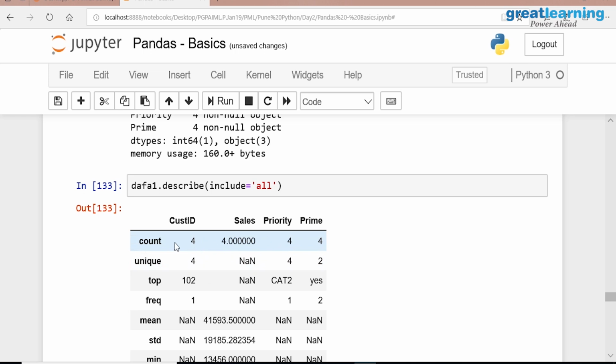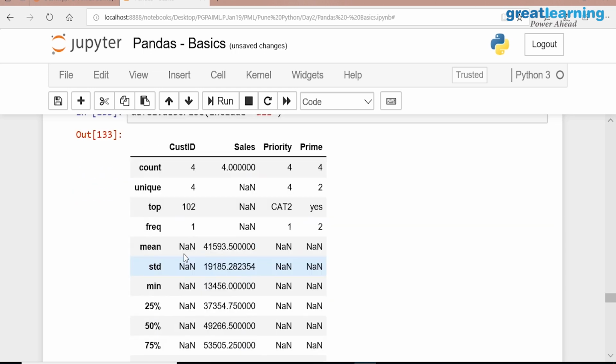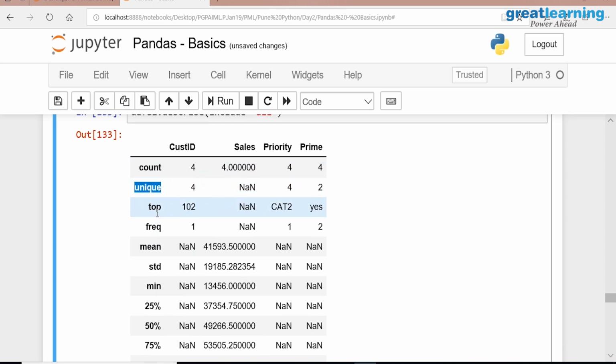In the categorical, obviously there will not be mean, median and all. Whatever is applicable, it will bring. Now have you noticed this has brought some other new things like count, unique, how many unique are there, and frequency? Because for a categorical variable, what all do you check? How many unique products are there? How many unique customers are there? What is the frequency of the repetition? What is the total count? Whatever is applicable, that value will come here.